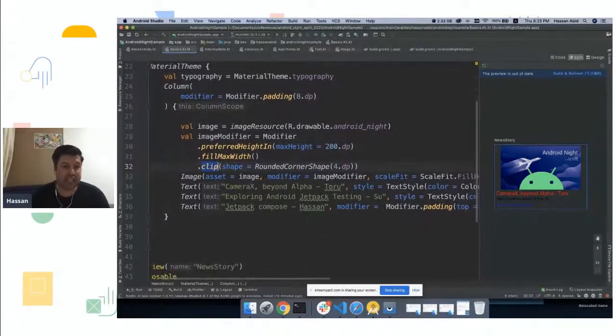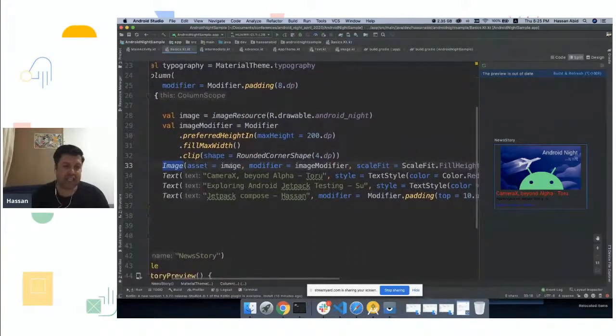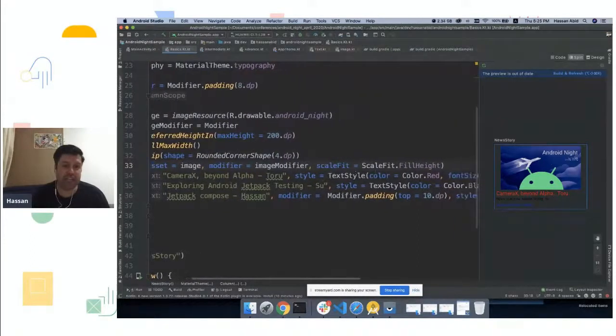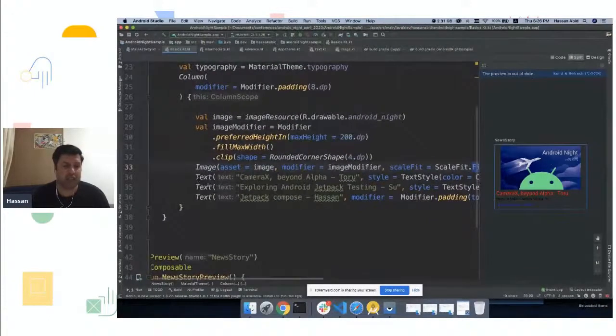And so these are all the properties I set up. Then I have this image view, you can say. And then I have the asset. So the asset is coming from resources. Then I have the modifier. Then I have scale fit. So for scale fit, I just do fill height. So you can do a lot of things here. And then I have just 3 text